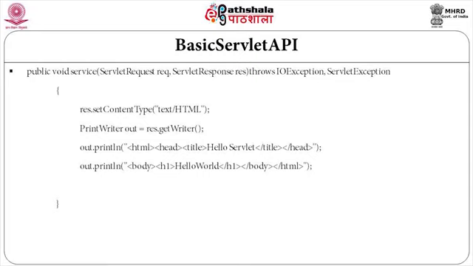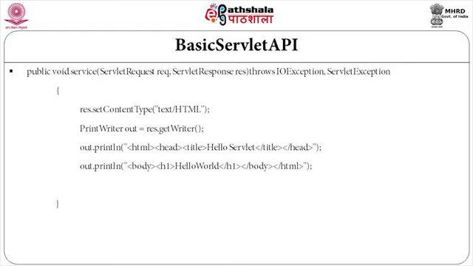Let us try to start putting content into the buffer. In order to put content into the buffer, in this case it is a text output which we have, it is text content, and therefore, we will use a print writer. So, we use print writer, let us call the variable name out equals response dot get writer. This will give us a print writer object which enables us to put the content into our buffer. And then on this out object, we will say out dot println, within double quotes is the HTML content, which will be html.